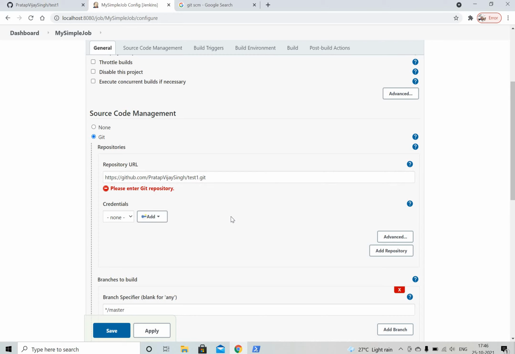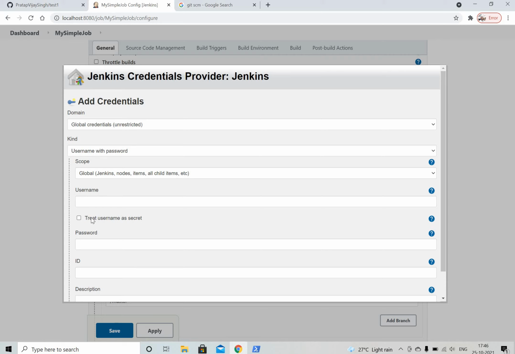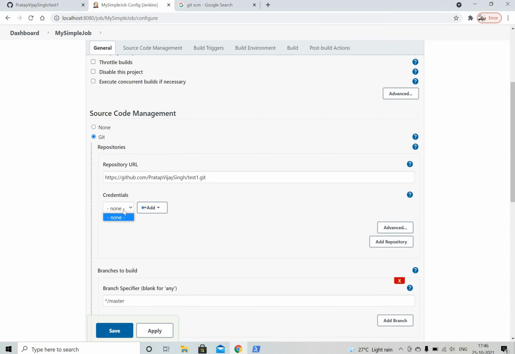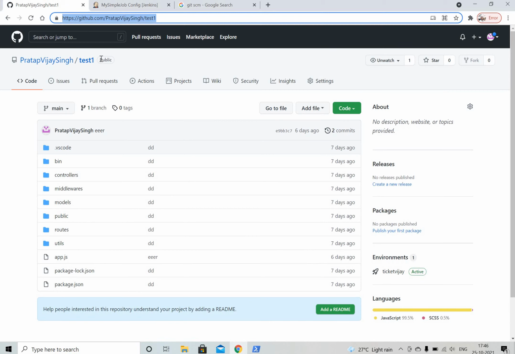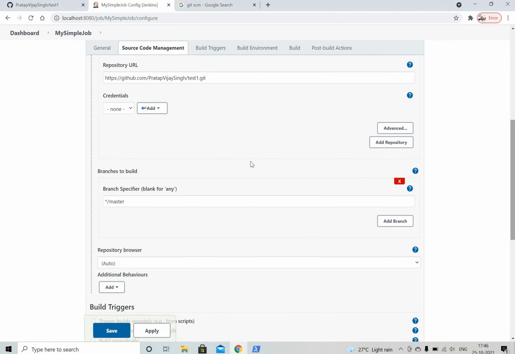This is my Git repository URL, and here I have to give my credentials. Suppose Git is asking for a username and password, if it is a protected, private repository. In that case, I need to set the username and password of that Git, and once this is set, I need to select that entry from this drop down. But currently, as you see here, my Git is public, so nothing is required. I will go on without doing any credential setup, because credentials are not required for a public repository.